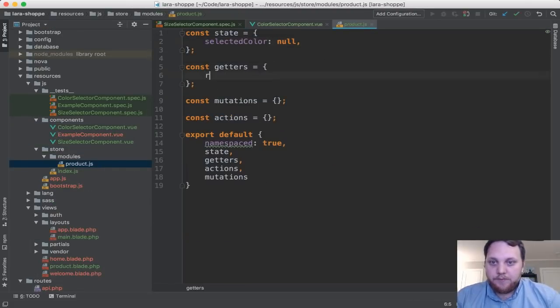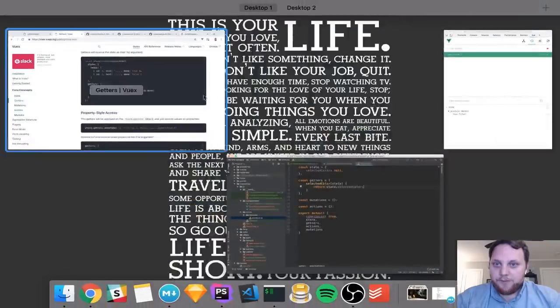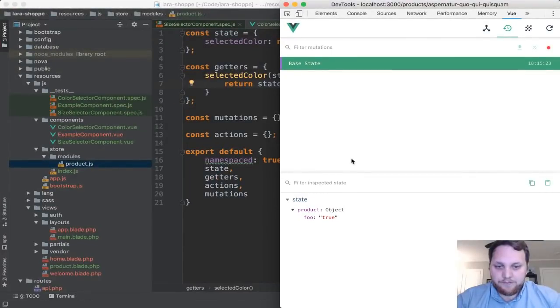Nice. So this will be a selected color. I'll get our state. That's not JavaScript. Awesome. And then we'll just return state dot selected color. Awesome. Good stuff. Cool. So now if we go back to our state in here, if it's going to recompile